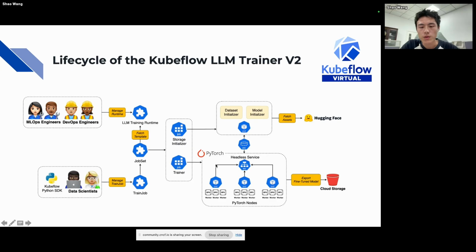And the trainer will create a distributed fine-tuning job. And in the end, it will be exported to the cloud storage by the exporter, which is not implemented yet. This is the workflow of the LLM Trainer v2.